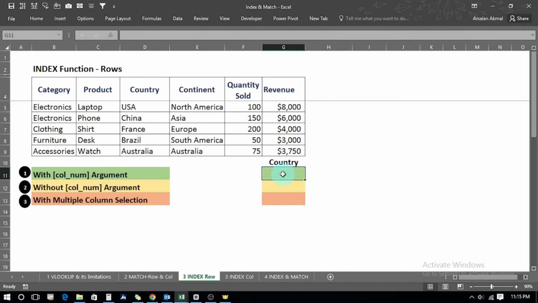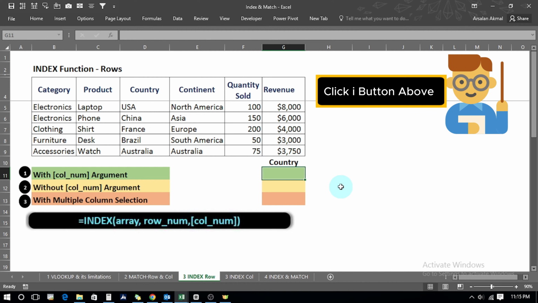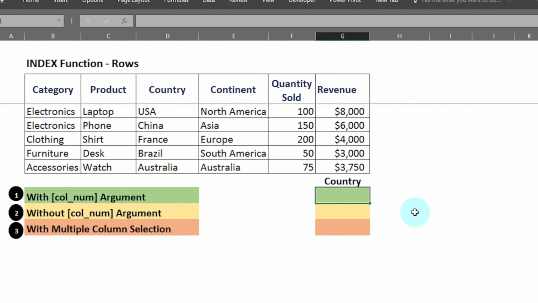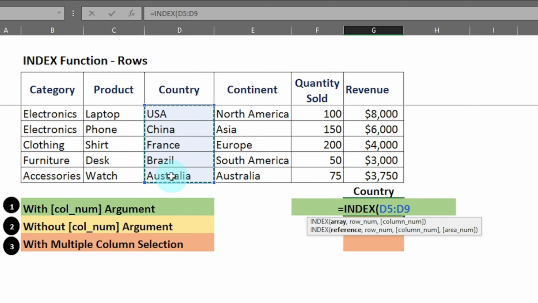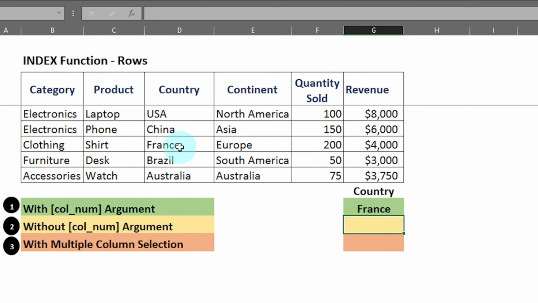In index, we are going to go through three different scenarios where we can achieve the same result. It will give you a broader idea of how the index function works. So we write equals index, we press tab, we will select the array which is going to return us the result, row number. For instance, if we want to find France, we are going to write 3 because it's first, second and third, so it is the third row in which France is, and because we have selected only one column, we give 1 as the column number argument, which is an optional argument. So we close the bracket and press enter, and we get our desired results.